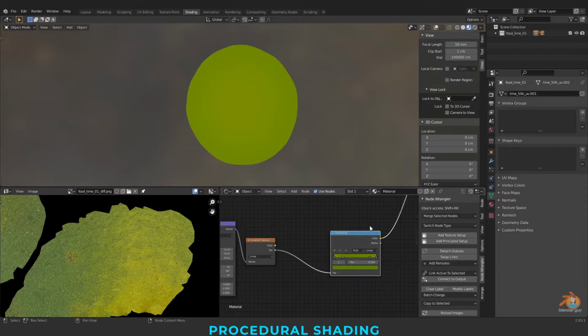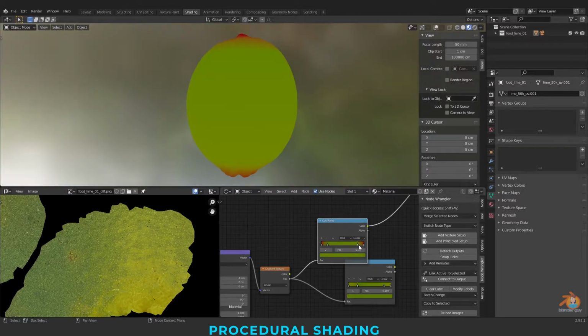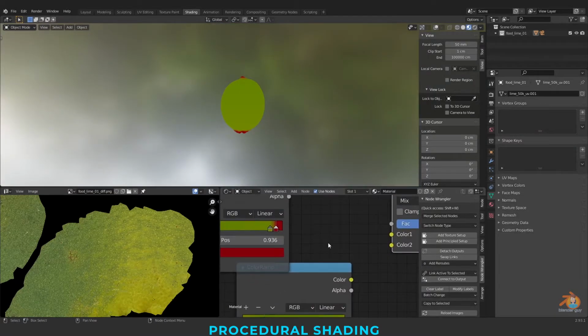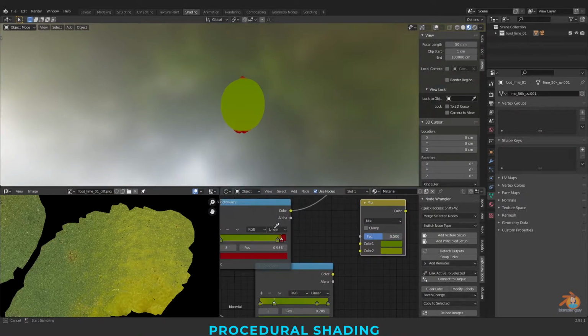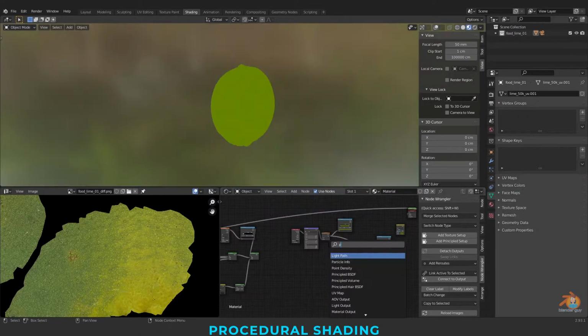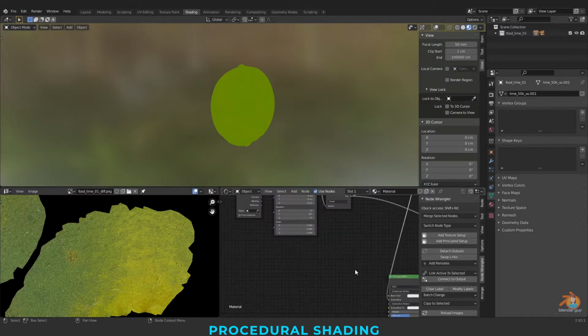For checking purpose, I'm just copy and paste this. I'm just converting the colors to darker colors so that I can view them properly. Going back to the colors again, I'm taking a principled BSDF and connecting this to the base color.